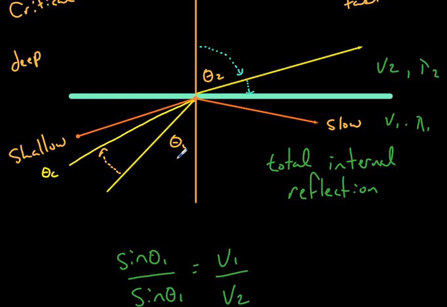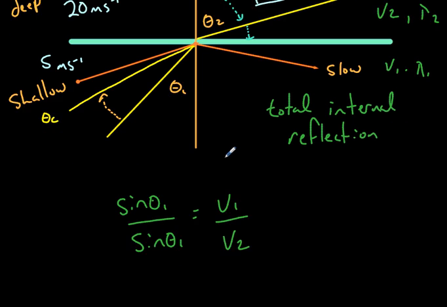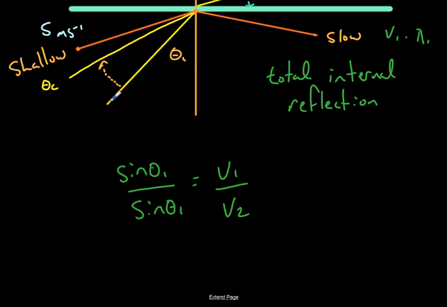Okay? Now, key here, let's pick some values, is that this is slower than this. So let's say this is 5 meters per second, and it's going into an area where it travels 4 times faster, at 20 meters per second. All right, so these waves are speeding up. And the point we're interested in is where theta 2 becomes equal to 90 degrees. So when this is big enough that this is 90 degrees, any angle larger than that, they'll have this total internal reflection happening. So let's set our formula up here